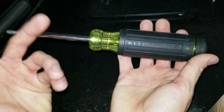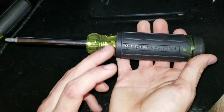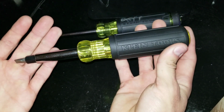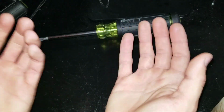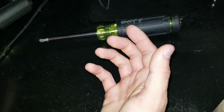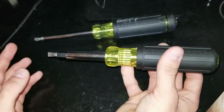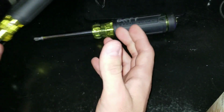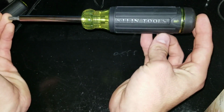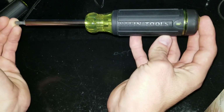As a tradesperson on the field, I feel like this screwdriver is not robust enough for what that demands, and you'd be much better off going with something like this, or another option, which could be just the regular full screwdrivers, like a full flathead and a full Phillips and Robertson. But this screwdriver is a little bit overpriced for what you get, and a little bit flimsy for what I'd expect from Klein,